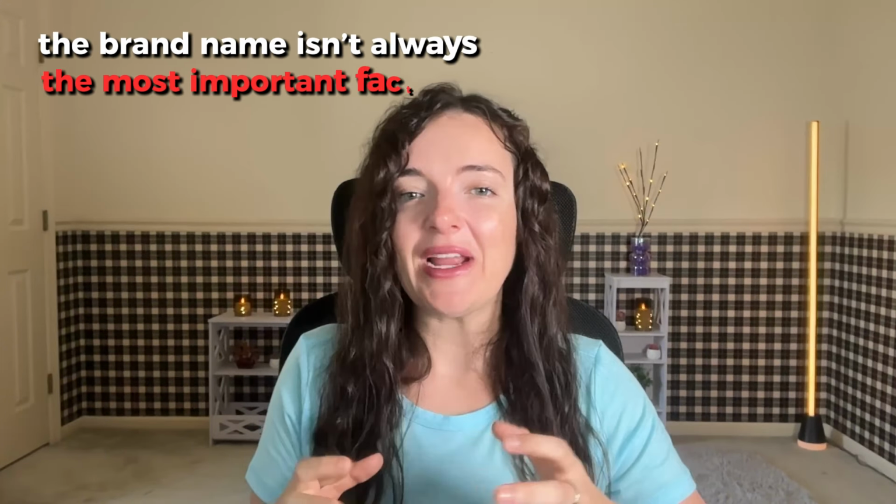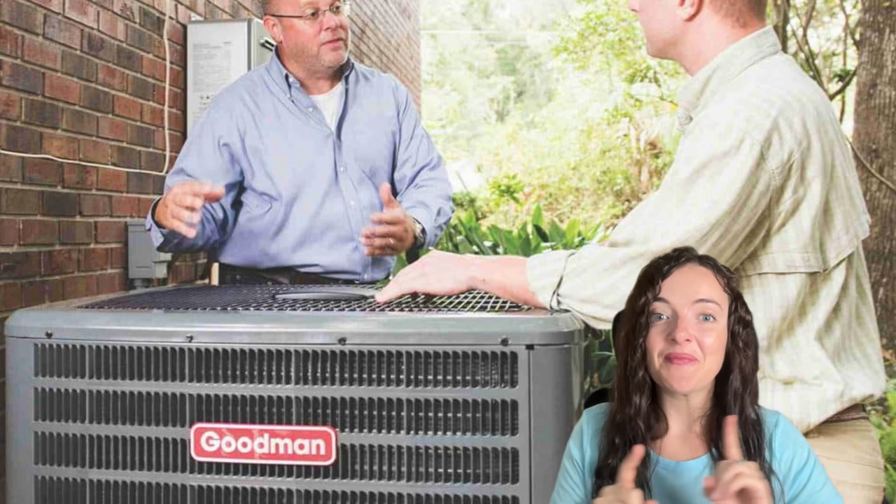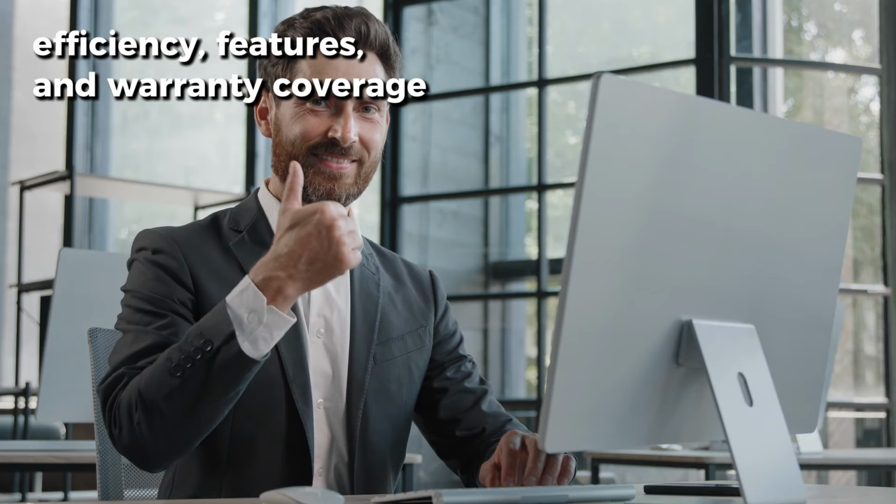When it comes to buying a new central air conditioner, the brand name isn't always the most important factor. In fact, did you know that many popular brands are actually made by the same manufacturers? For example, Amana, Goodman, and Daikin all use essentially the same air conditioners with different nameplates and price points. What really matters is finding a unit that offers the right balance of efficiency, features, and warranty coverage for your